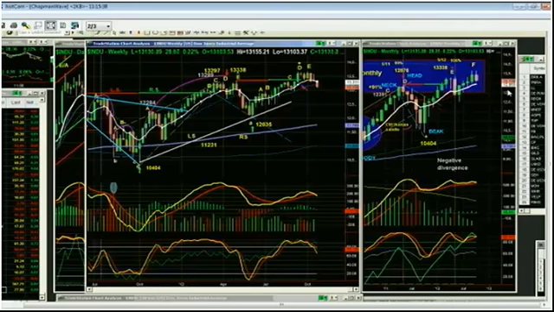So I love to teach how former support levels can become resistance, how the left side can try to match the right side, how when you're looking at chart patterns, you can draw one line. How can you take one line and make it so important? Well, look how important this line is.